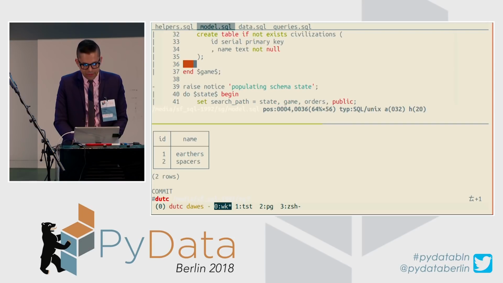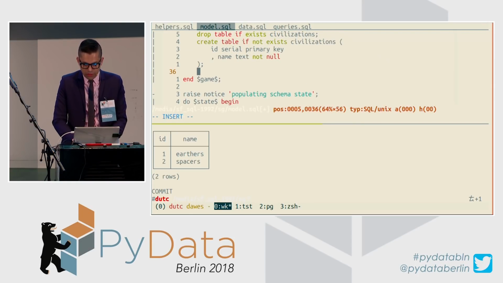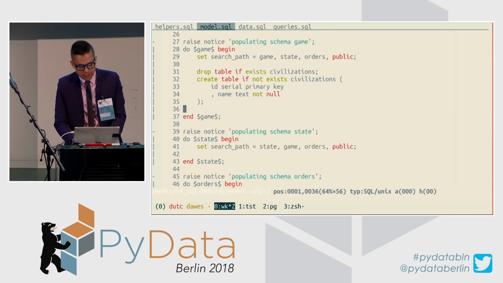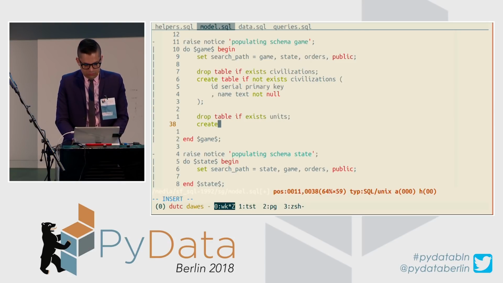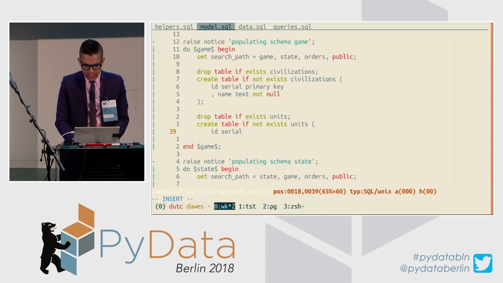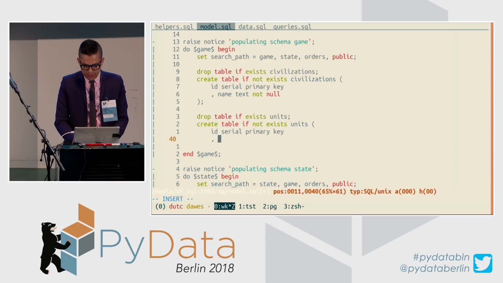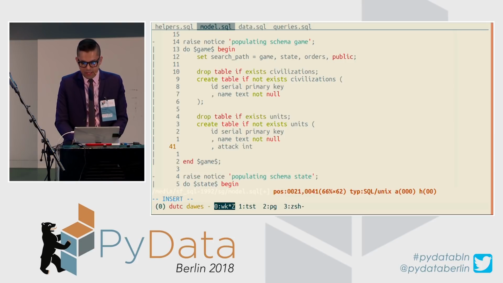This is pretty easy. Now, the next thing we might want to do is we might want to define what the units in the game look like. And I told you that the units have some attack, they have some defense, they have some entities like that. So we could do the same thing. So again, it has some primary key. And now we get to see some things that are a little bit more interesting. It has maybe a name for the unit, so what kind of ship it is. It has some attack value. Maybe that's how much damage it does if it attacks.